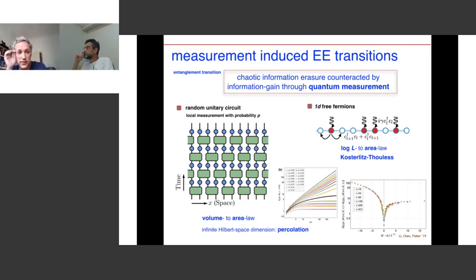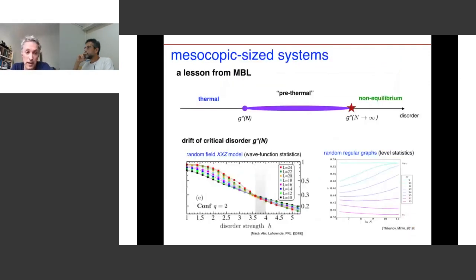Now, in the case of random unitary circuits, it's more complicated. However, there's one limit that is very well understood. That is when the dimension of the local Hilbert space goes to infinity, then it's understood that this transition is of percolation type. Now, there is one thing I think which we learned from many-body localization during the last years,